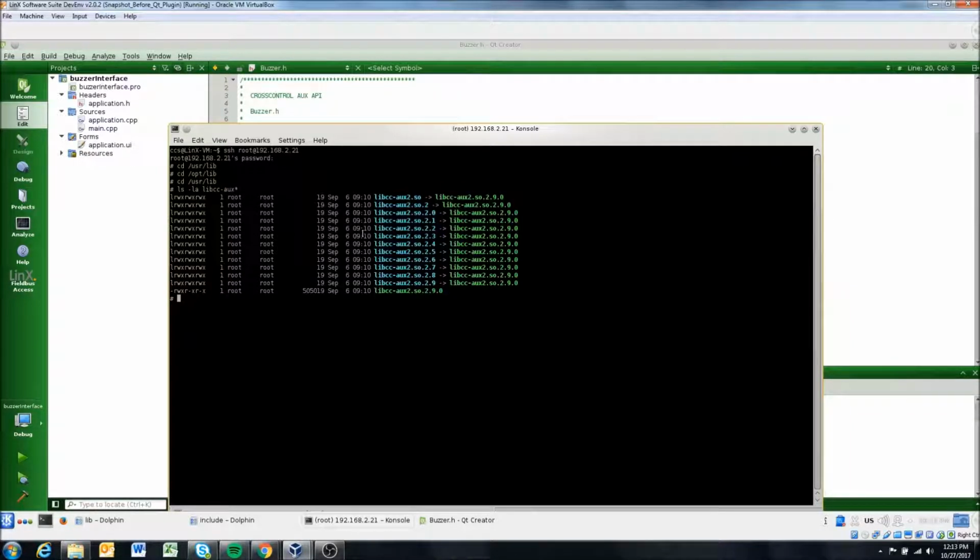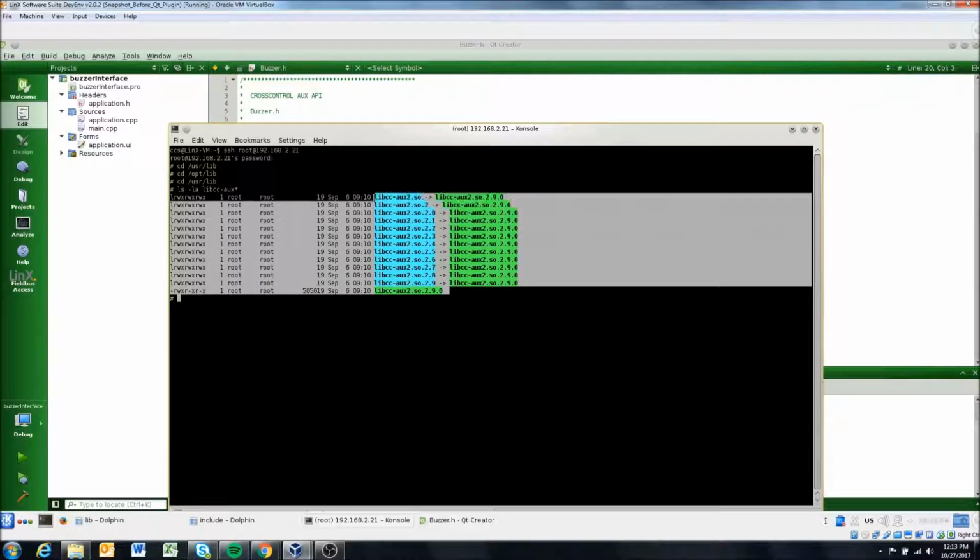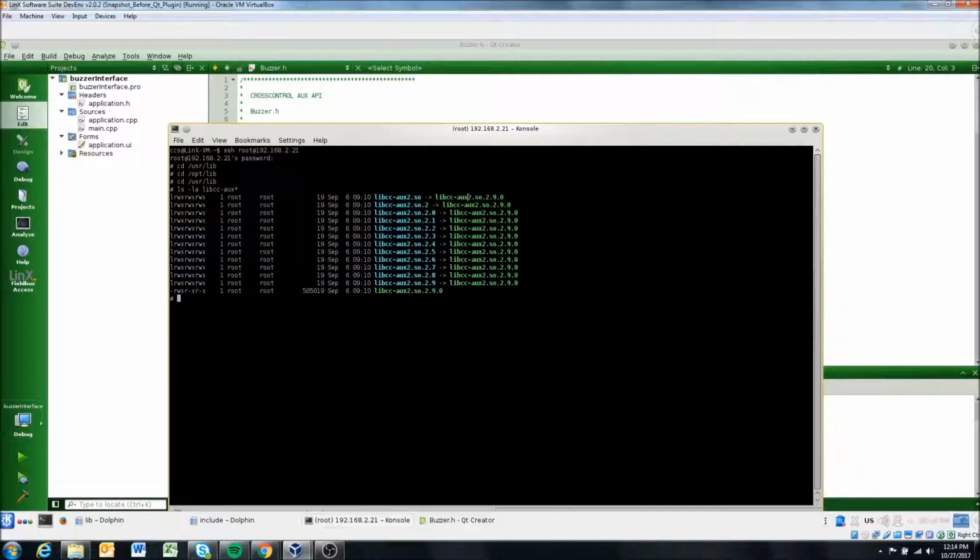I'm using a later version of an OS, which is actually an engineering version, which updates CCAux. But this isn't a problem because I'm using 2.8.3 in the virtual machine, and as I said, everything should be backwards compatible. So it actually builds and works because everything in 2.8.3 that I'm using on my virtual machine is included in